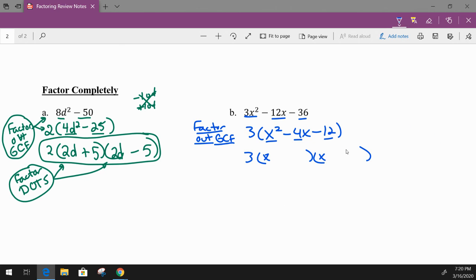And then again, if we want to do this crisscross thing over here, the C is -12, the B is -4. In order for them to multiply to equal -12, if it's negative, the signs have to be different. One has to be negative, one has to be positive. And if you think of your factors of 12, 1 and 12,